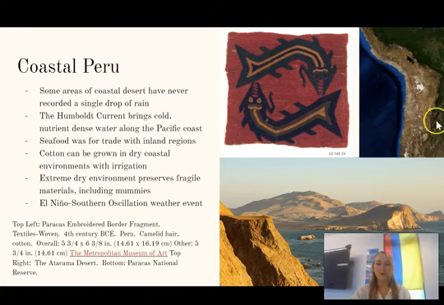However, coastal Peru is an area that is very prone to destruction with El Nino Southern Oscillation weather events. So the desert coast is segmented by about 30 east-west rivers from glacial sources in the mountains. Here, goods like beans, peppers, and maize can be grown for food. And then the El Nino years bring warm water, which leads to a lot of die-offs of fish and marine animals. This can also create catastrophic flooding on the coast as well.